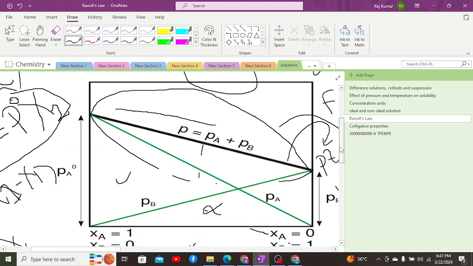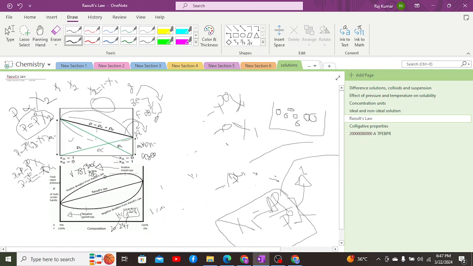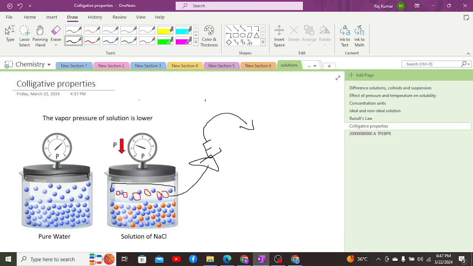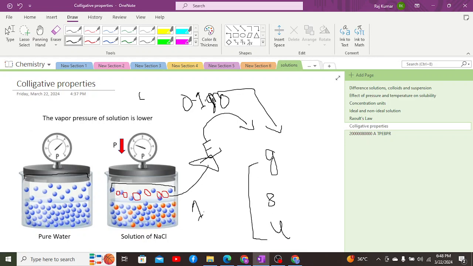So in this case, these are some negative deviation concepts, apart from which we have colligative properties, which I want to discuss over here. Colligative properties are those properties which are dependent on the number of particles of solute and solvent. If we take, let's suppose, 0.1 mole of glucose, 0.1 mole of sucrose, and 0.1 mole of urea, and dissolve them in 1 kilogram of water in order to produce a solution of all of these three,